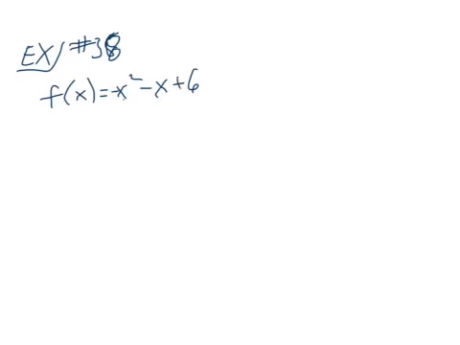Make that plus 6. Negative x squared minus x plus 6. And you're looking at it from negative 2 to 2. Negative 2 to 2. And you're going to say that if you were to graph that,